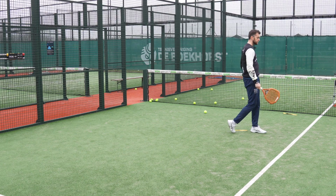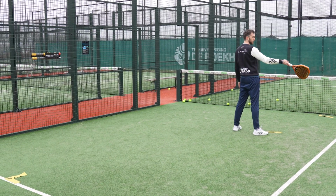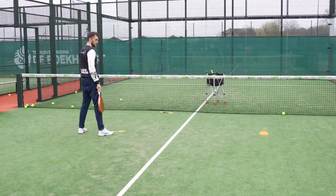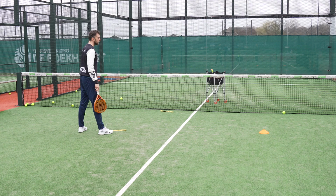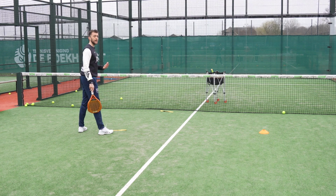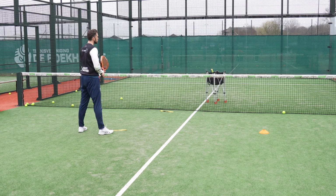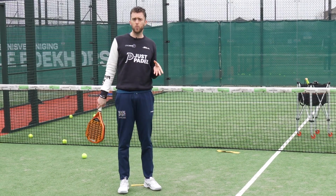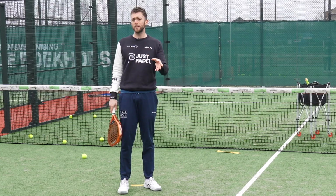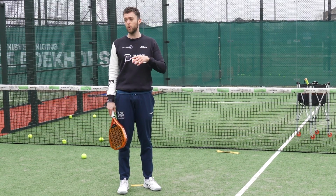My partner, after I played the Bandeja, is at the orange cone next to me. In this way we are able to defend the court correctly. If I would play my Bandeja elsewhere, my partner would be in a different position as well. So you have to move more when you play the Bandeja in the center. This is why you have to play your Bandeja slower. Because if you play a fast Bandeja in the center with a lot of bounce,